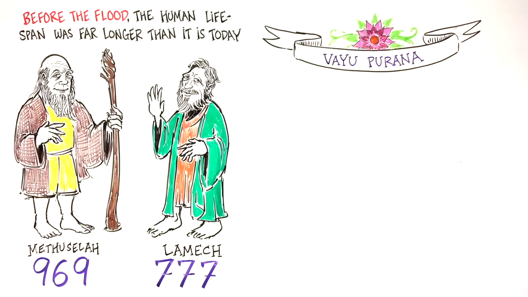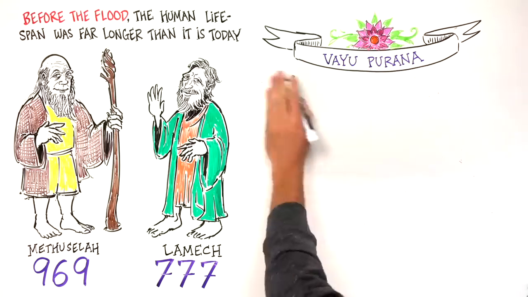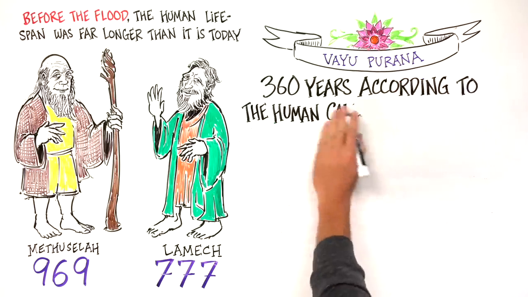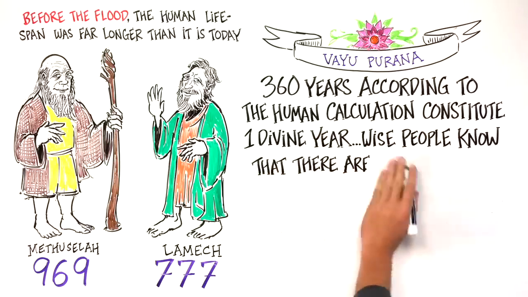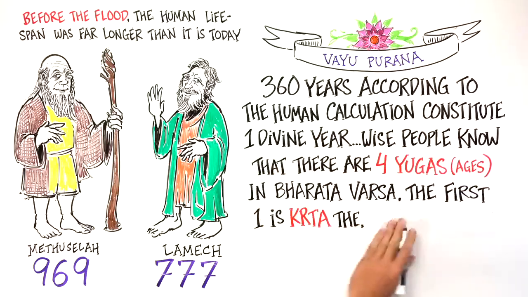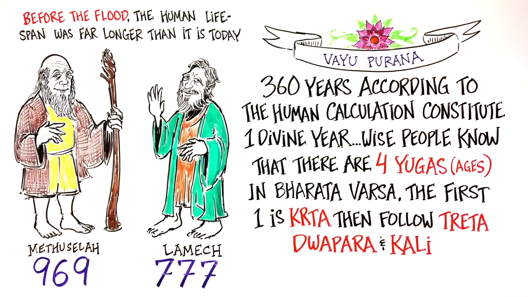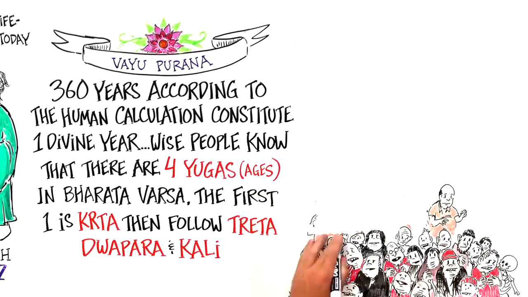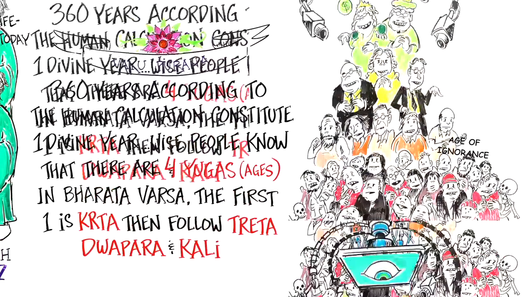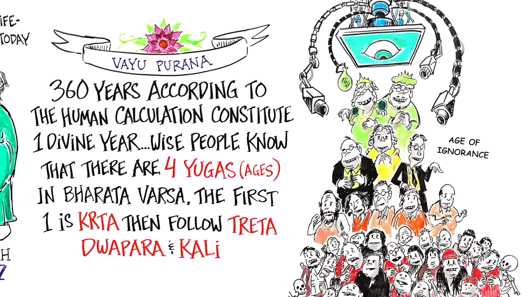In the Vayu Purana, which is again one of the Vedic texts, we find verses like this: "360 years, according to the human calculation, constitute one divine year. Wise people know that there are 4 yugas in Bharatavarsa. The first one is Kreta, then follow Treta, Dvapara, and Kali." Probably some of you have heard of the Kali Yuga that we're supposedly in right now, the age of darkness and the age of ignorance. But you'll notice how they reckon time. The Vedas recognize a sacred or divine year, which is 360